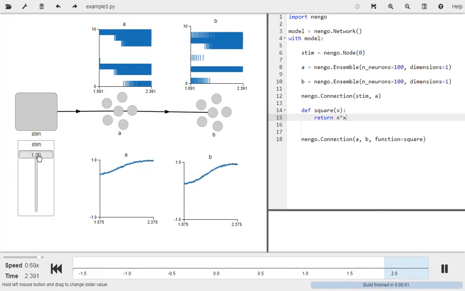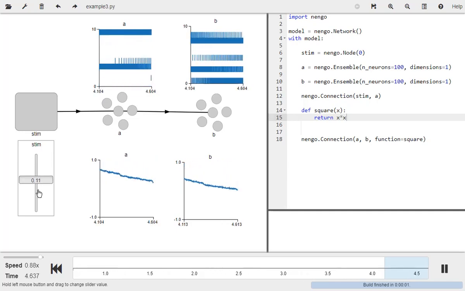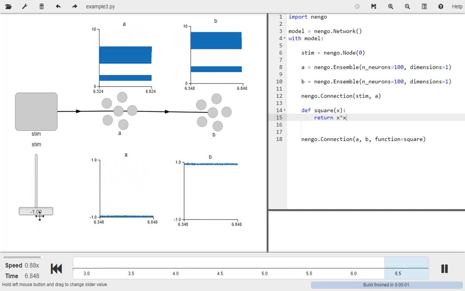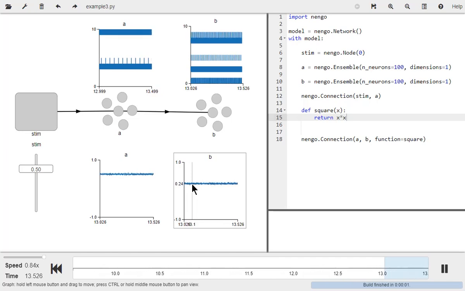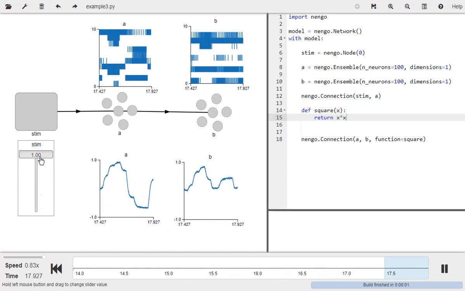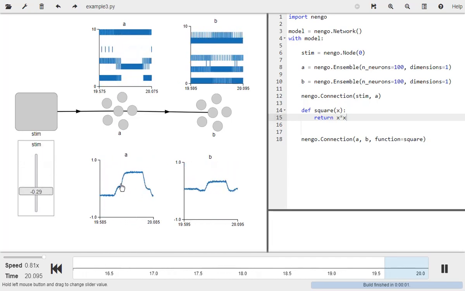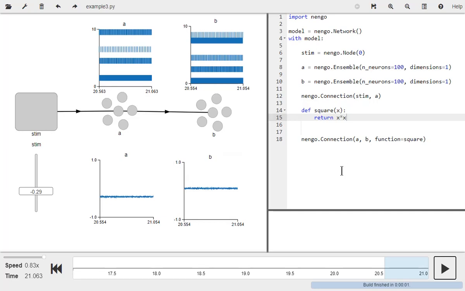And if I now go ahead and put the input at 1, I get a 1 out. Put it at -1, I get a 1 out. Put it at, I don't know, 0.5, I should get something around 0.25. We get that. All right. It's computing the function that I asked it for. It's not going to be perfect, because it's just trying to find the best job that neurons with these properties can do